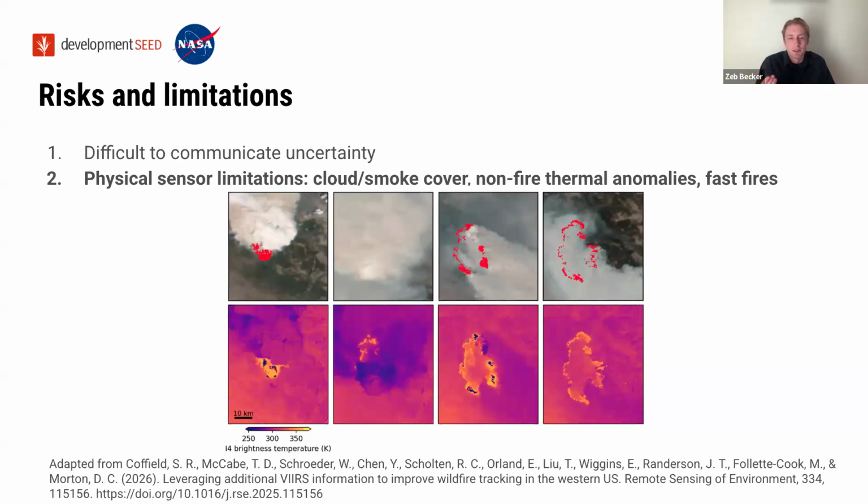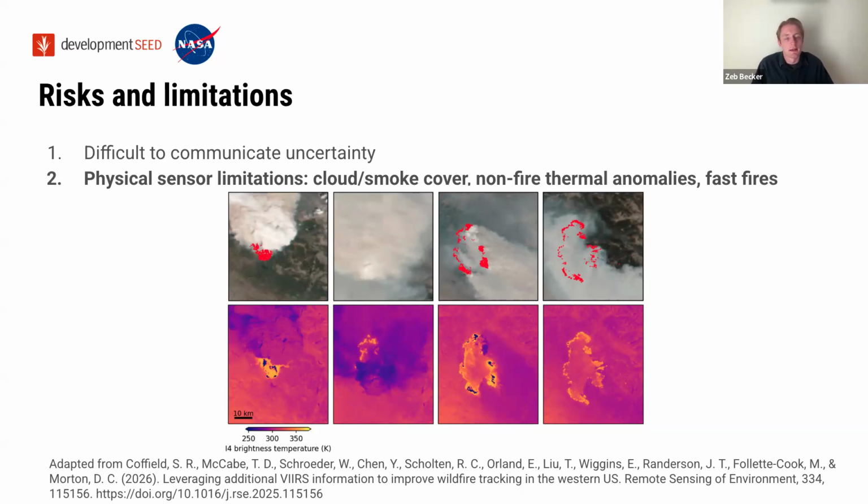So this is just something to be aware of, and this is a great figure that I've adapted from my colleague Shane Caulfield's recent paper, which I would really recommend if you're interested in it. It's showing you VIIRS is able to pick up some detections through some amount of smoke, but when you have those really heavy, dense smoke clouds, it's really struggling to characterize the fire activity beneath that. And that's a physical limitation of this remote sensing pathway, right? There's no amount of clever algorithm tuning that you can do that will completely resolve that tension.